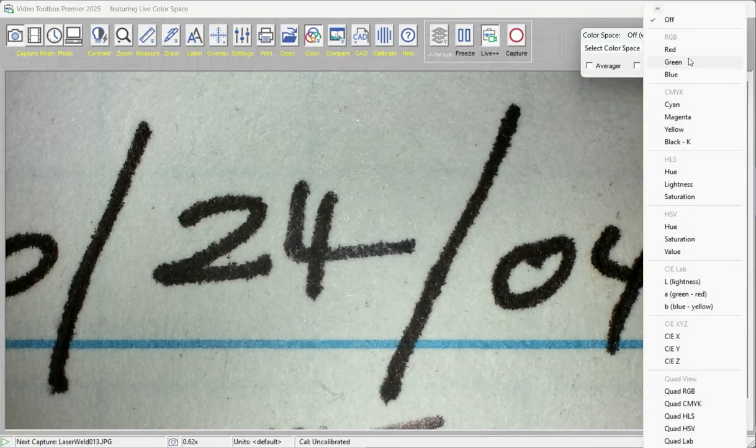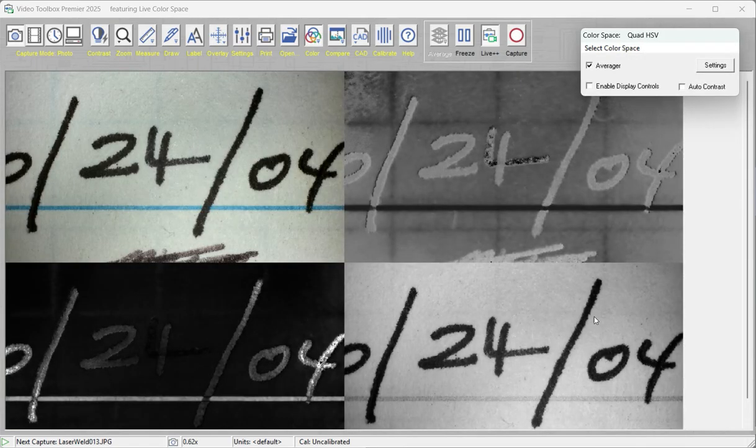So we're going to pull up our color space options, and here we're going to switch to a space called HSV, Hue, Saturation, and Value. We're going to do a quad view, which means that we're going to look at the live image, the raw image, and then we're going to look at each individual color space simultaneously. So here we can see all 4: Hue, Saturation, and Value along with the actual live image,